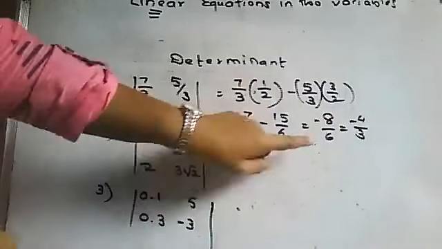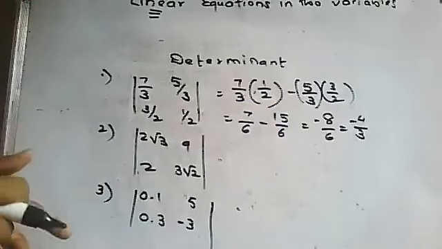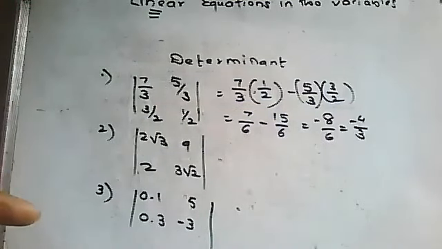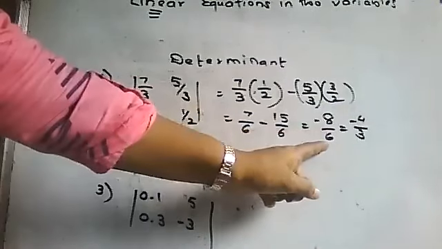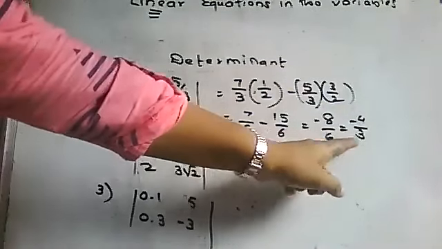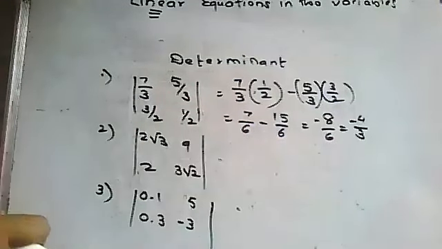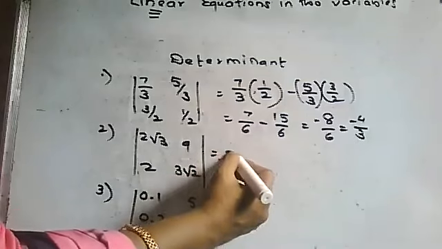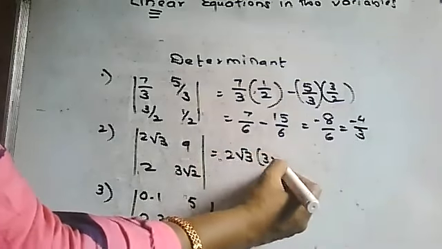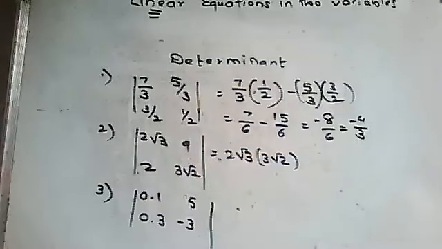Your answer may be in this case. Suppose you're not finding any option with your answer, just kindly check all the options. You may get an equivalent fraction over there. They may give you this option for this answer. Both are right, obviously they are equivalent fractions. Okay, here 2 root 3 into 3 root 2, it is 3 root 2.